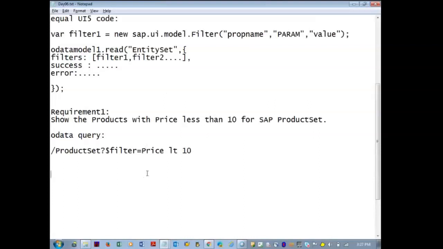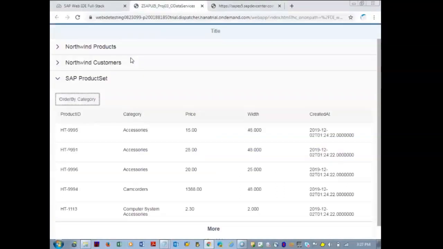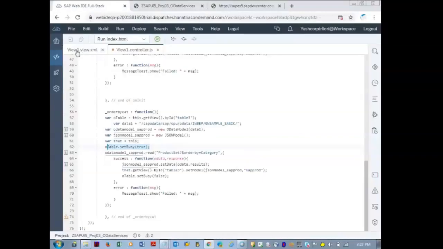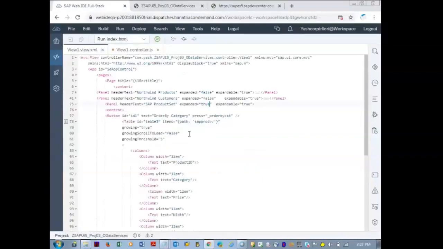Okay, let us have a button now. Let us go into the view, view1.view.xml.